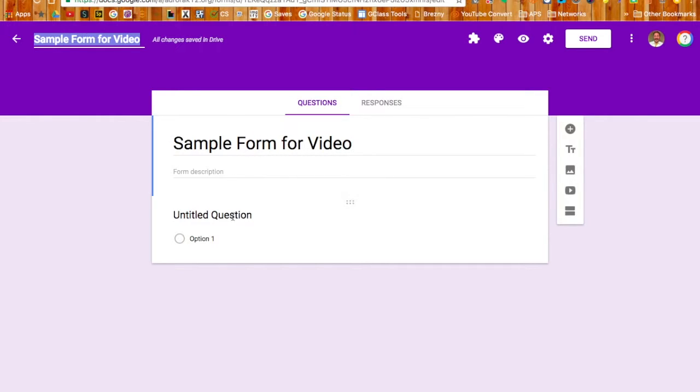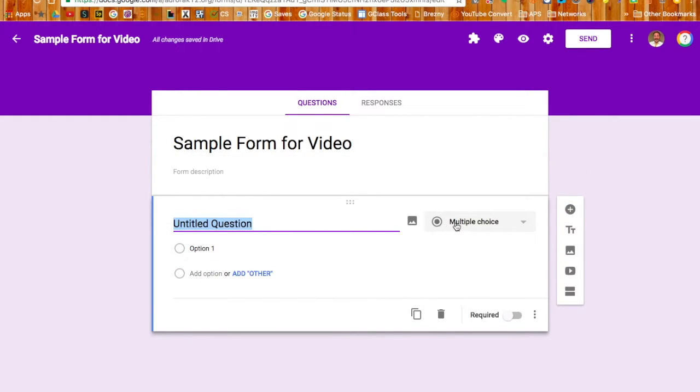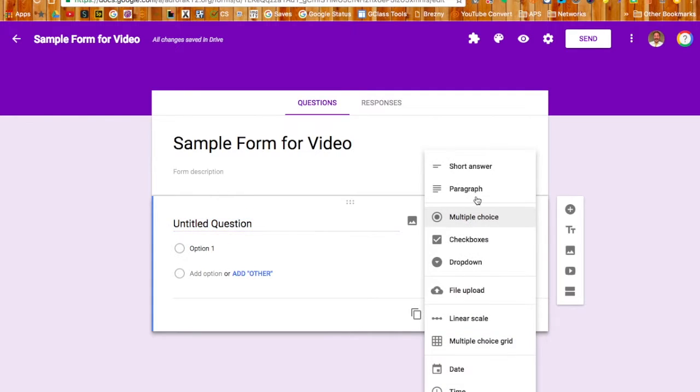Okay. To get started, you have Untitled Question first, and we can click on that, and you can choose the question type. So you can do a short answer, which is like a sentence, a paragraph. Multiple choice, check boxes, they can choose more than one option. A drop down menu gives them exactly that, a drop down menu. You can ask the end users to upload a file, give them a linear scale, a multiple choice grid, a date, or a time. So for purposes of this quick intro, we're just going to do a multiple choice question,